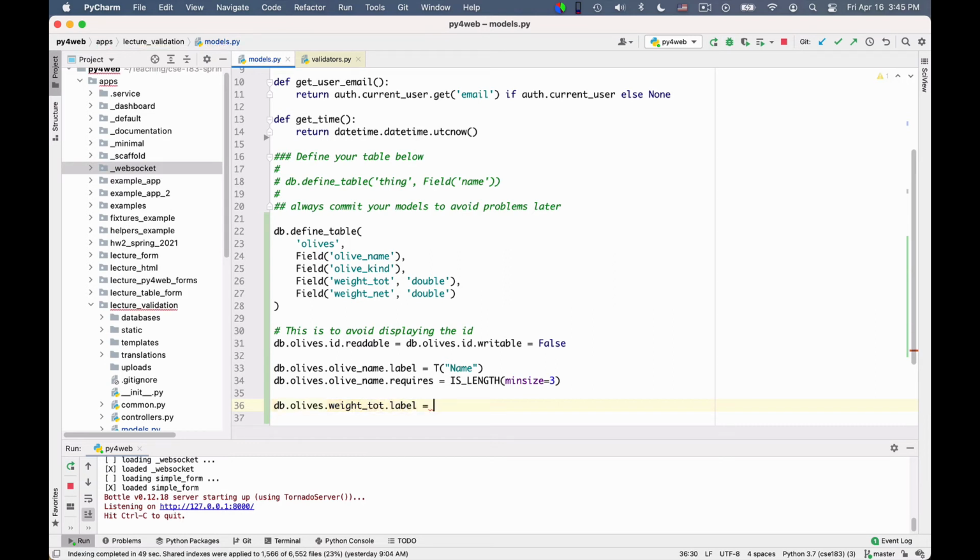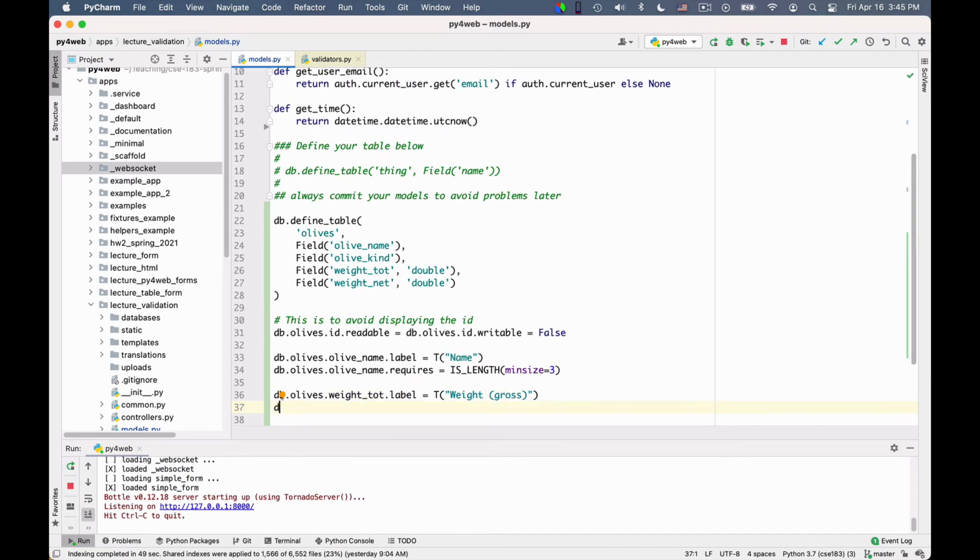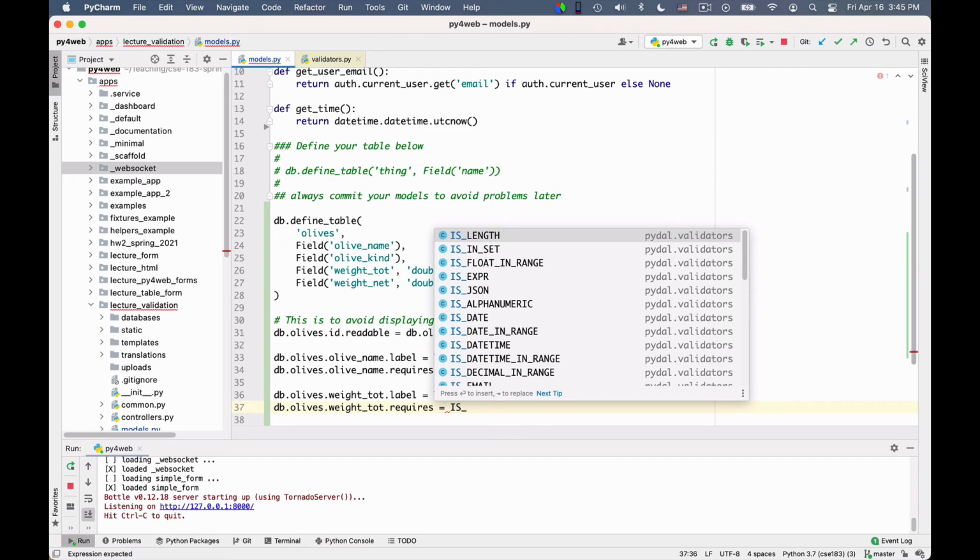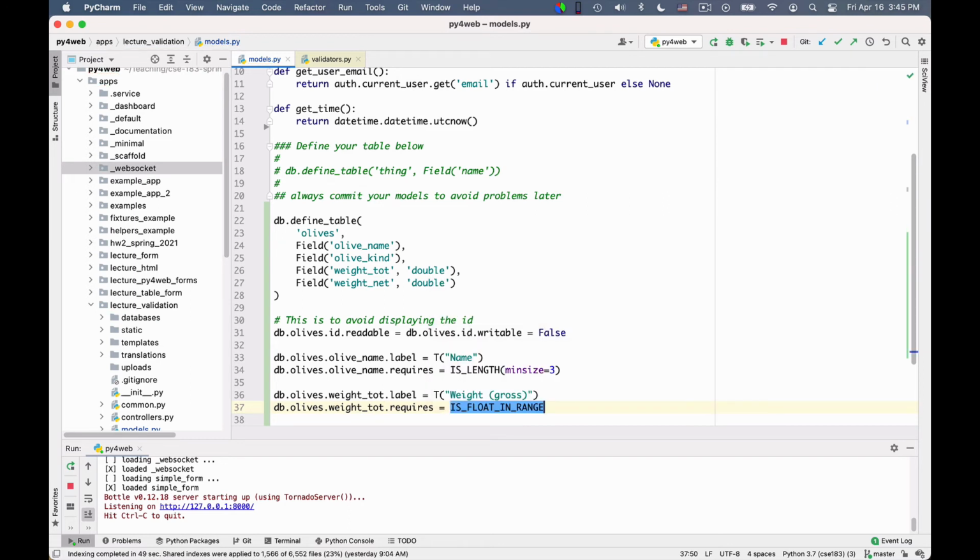First I fix the name, and I say weight gross, and then I fix the requirement: db olives weight total requires is equal to is float in range, and I can say it's between 0 and 1,000.